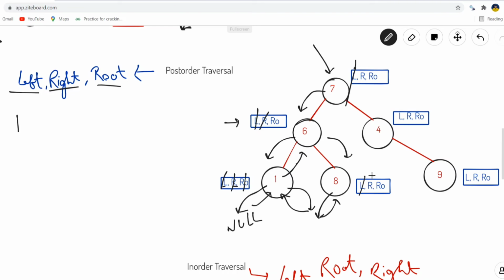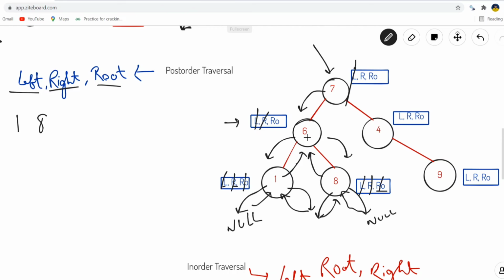Now we need to perform the next operation, that is right direction. So again we have encountered null value and in this case we need to return back to the caller of this null, which is node 8. The next operation which we need to perform is the root. So we'll be printing 8. So we have done with all these three operations. At the moment we have completed these three operations, we will return back to the caller of that particular node. So the caller of node 8 was node 6. So we'll be returning back to node 6.